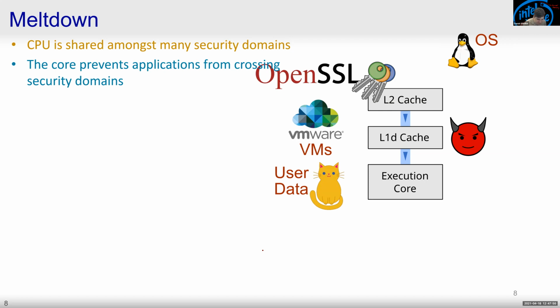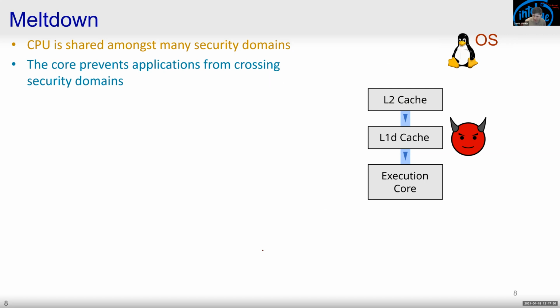Now, it's a very big sentence that has a lot of technical words in it. So let me demonstrate what I mean by that. So we have an adversary, a user-level program. And let's say it tries to access the operating system. What's going to happen? Well, the execution core is going to detect that, do a permission check, realize it's a user-level program trying to access kernel data, and basically issue a stop,